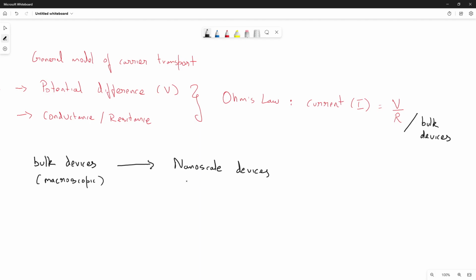Macroscopic devices, and these are nanoscopic, or mesoscopic is a word that is used, which one of you also used. So these are called mesoscopic devices. So what changes? So over here I have Ohm's law. What are the things I need to consider when I'm dealing with nanoscale devices? So first concept is mean free path. Okay. So where does mean free path occur? Mean free path occurs in the Ohm's law side or this side?